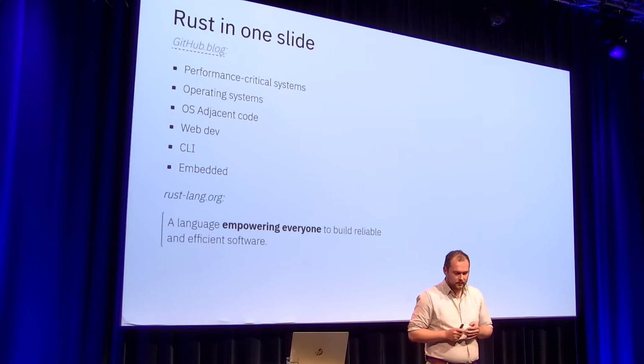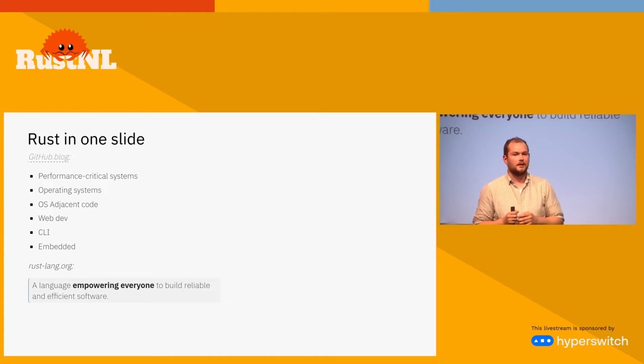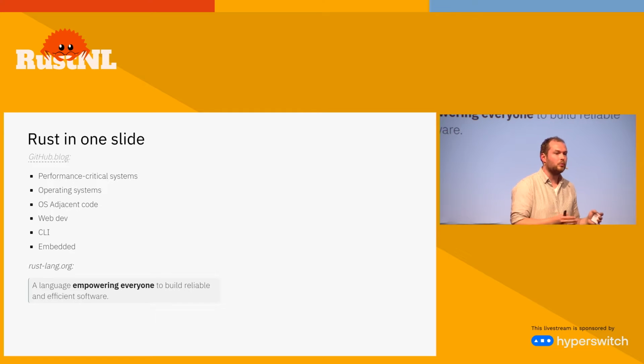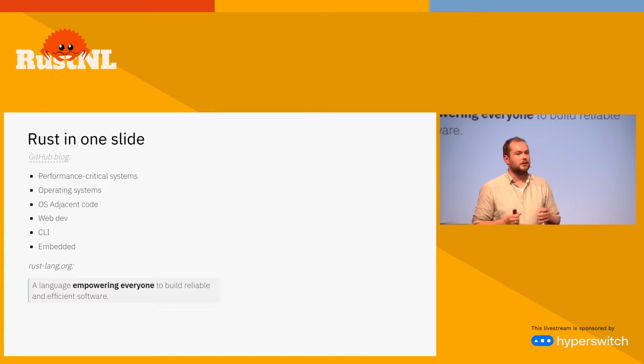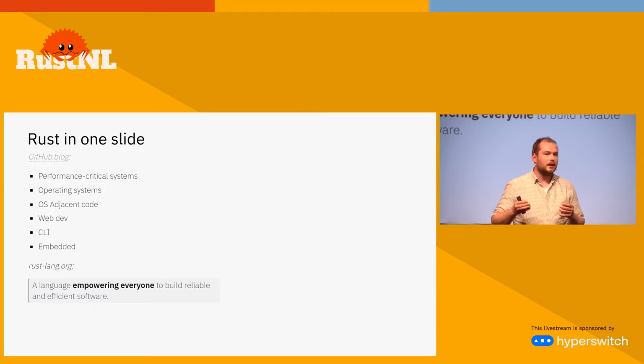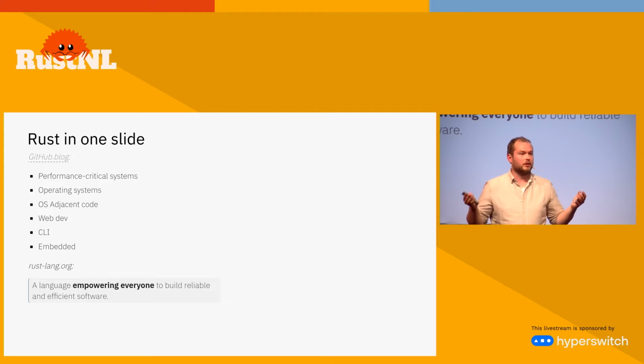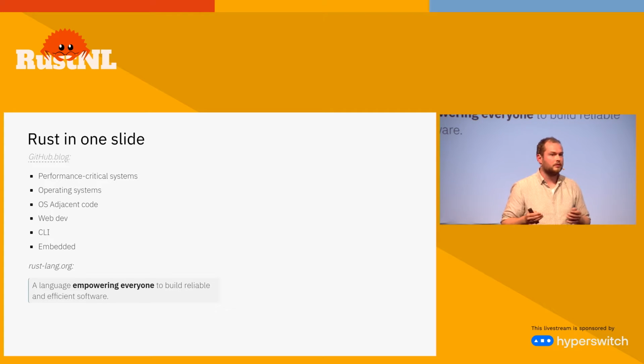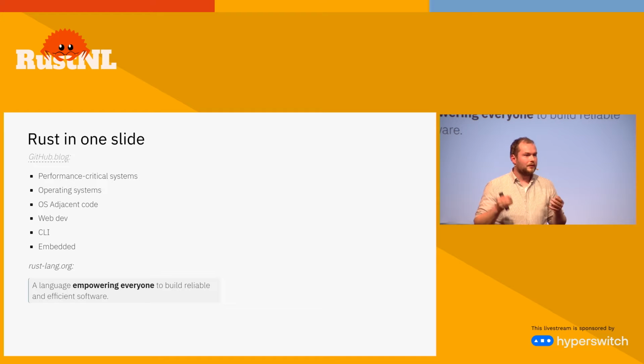But on the front page of the Rust website, something really important is said. And it says there that Rust is a language that empowers everyone to build reliable and efficient software. So that means that Rust enables everyone to work on the cool projects, on the cool problems. You can work on embedded if you want using Rust, right? And I think that is something that is really important.